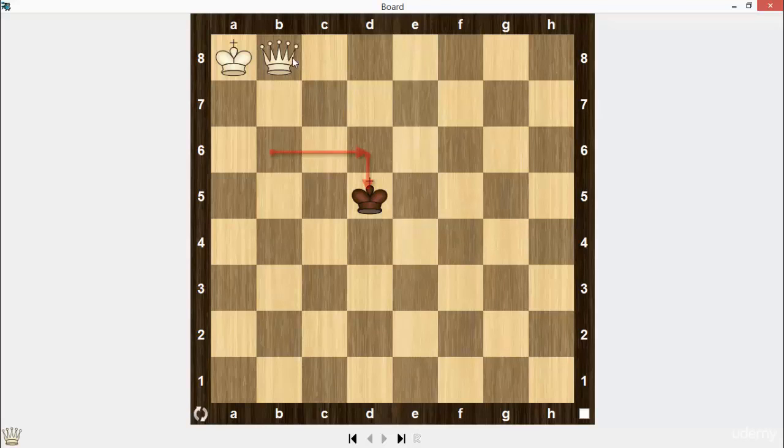Let me show you. Queen b6, king e5, queen c6, king d4, queen b5, queen repeats king's moves, king e4, queen c5, king f4, queen d5, king g4, queen e5, king h4, and now queen g7, king is cut off,